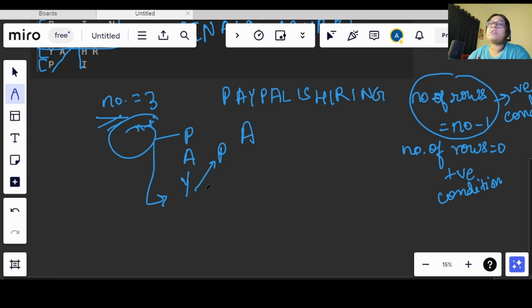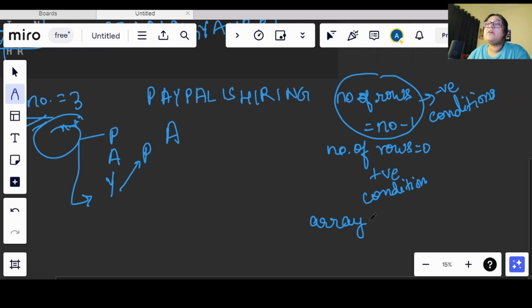In order to avoid that, we can take an array, right? So the third condition that we will have here is, we will take an array to store the values, and it will be the size of the number of rows that is provided to us, okay? Now we know that once we reach the top, we will go from top to bottom, incrementing the values.